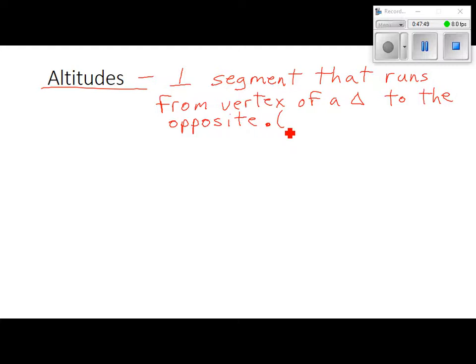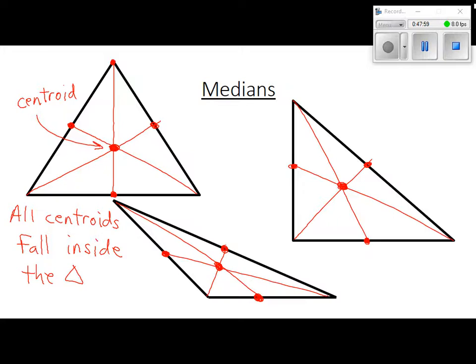And I'm even going to put a little extra here. What does perpendicular tell us? That it does what? Forms right angles. Forms a right angle. We said that when we said perpendicular, but